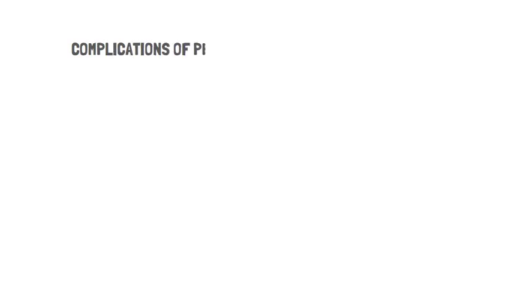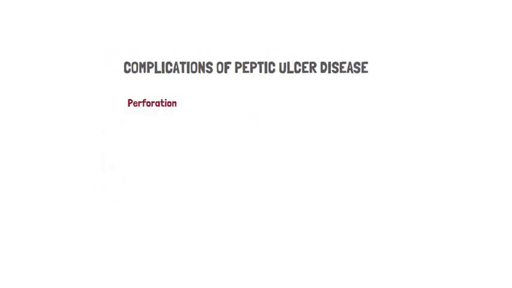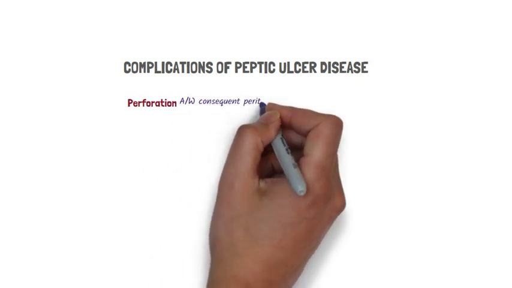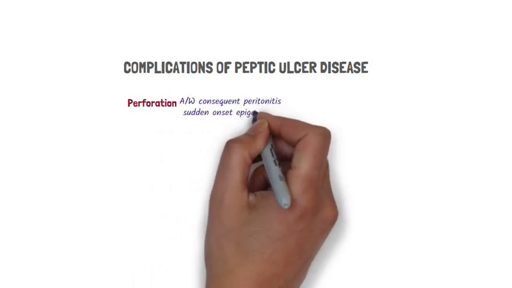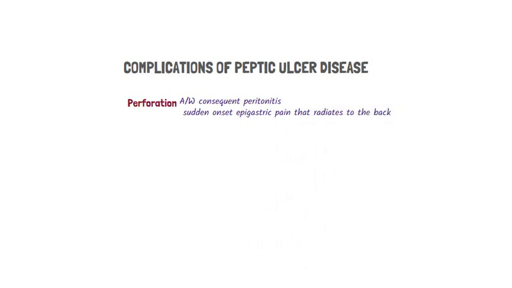Complications of peptic ulcer disease. There are 5 complications of peptic ulcer disease, and the first one is perforation. Perforation is associated with subsequent peritonitis, and the patient presents with sudden onset of epigastric pain that radiates